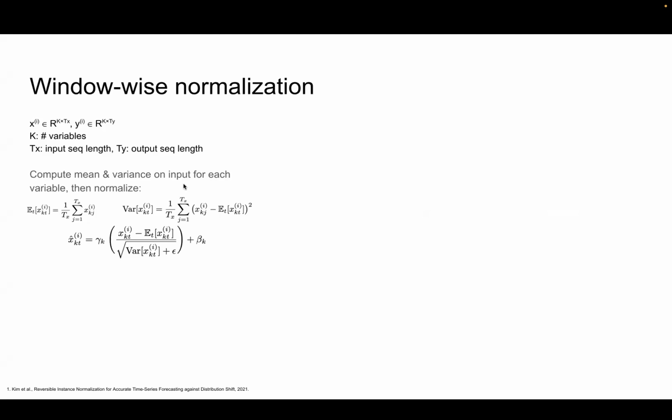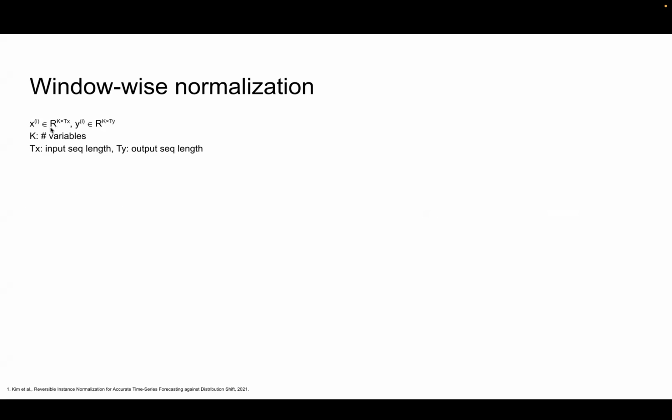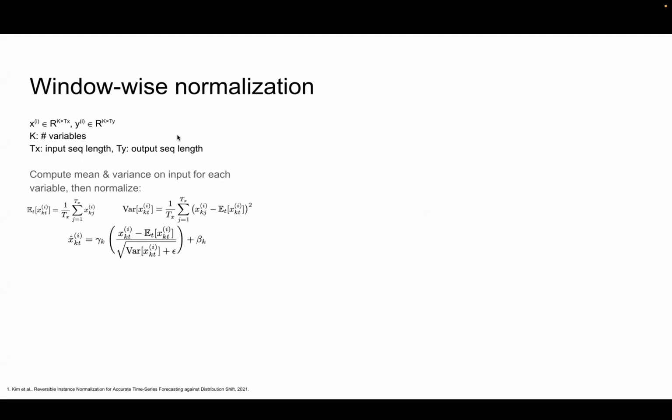The first technique is called window-wise normalization. So here are some terminologies that we can look at first. X will be our given variables and Y will be our target variables that we want to do the prediction for. And then K is the number of variables. So the idea is that